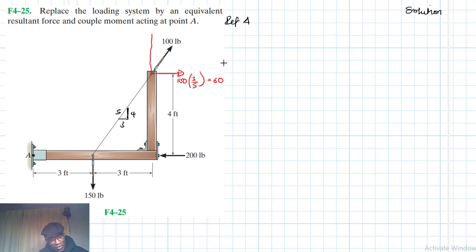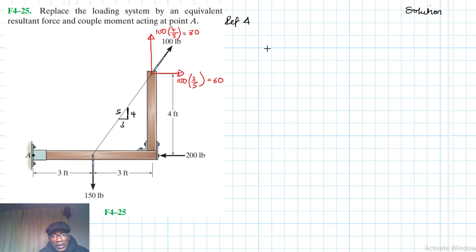And then we have another force, which is this one here. This is just 100 by 4, the rise divided by 5. 5 into 100 is 20. 20 by 4 is 80. All right. So now we are going to sum up these forces in the x and in the y and